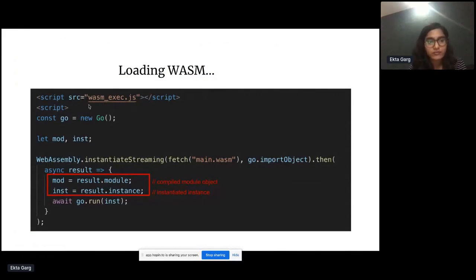Firstly we have to import this JS file, which we get from the Go packages, and then we create the Go runtime. Then there is a function called instantiate streaming, which will take the binary, the bytecode, and then give you the result.